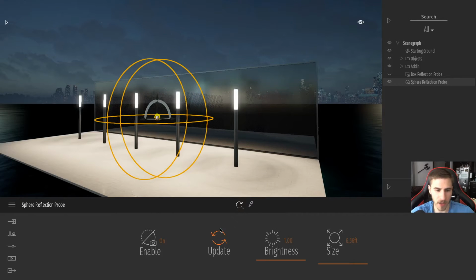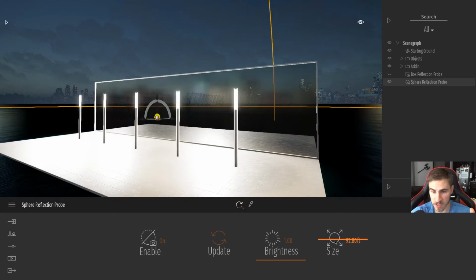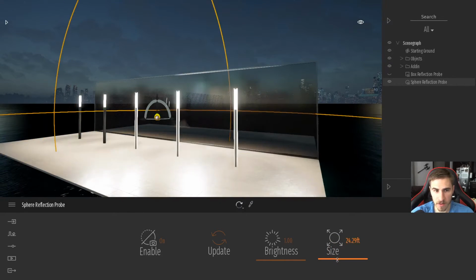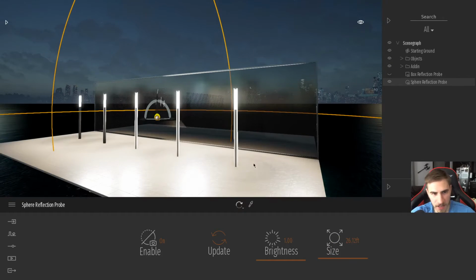We have the size, brightness, update, and enable on or off, but we don't have the transition. So that's the thing to be aware of. It's in a way easier to deal with, but because it's a sphere, we don't have a transition. Whatever, easy enough. So I can drag this up, and something that I want to show, and this is especially